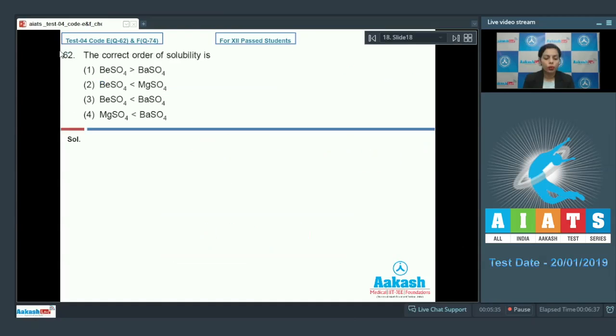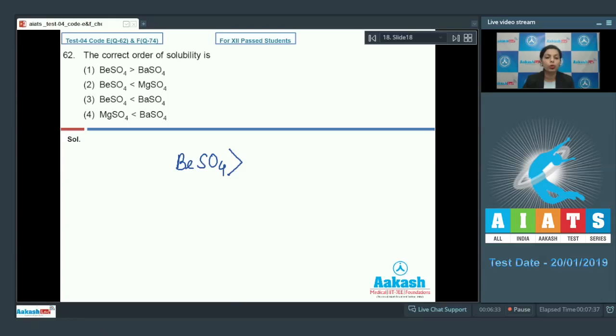Now let's take question number 62. The correct order of solubility is. Here the solubility of barium sulfate is compared, and it is given that beryllium sulfate has more solubility as compared to BaSO4. Again, beryllium sulfate has less solubility as compared to magnesium sulfate. Then beryllium sulfate has more solubility as compared to barium sulfate, and further MgSO4 has less solubility as compared to BaSO4. I just want to write here the correct order of the solubility of the sulfates of alkaline earth metals given here: beryllium, barium and magnesium. The correct order is